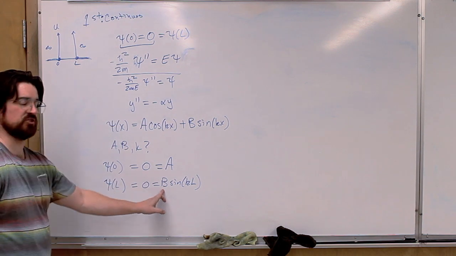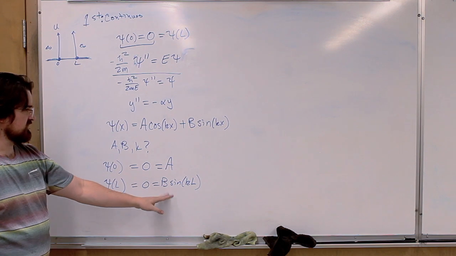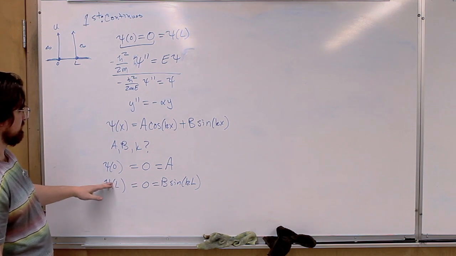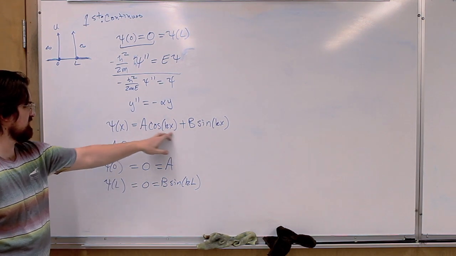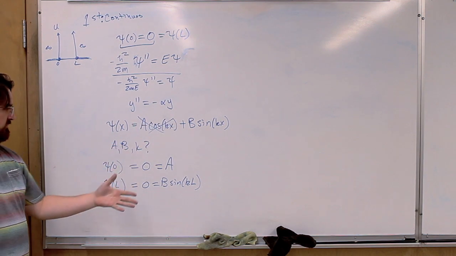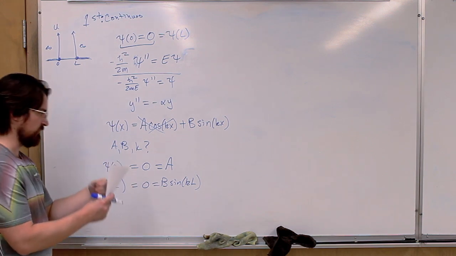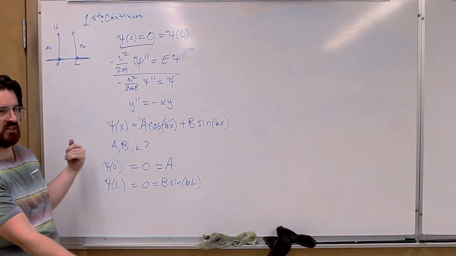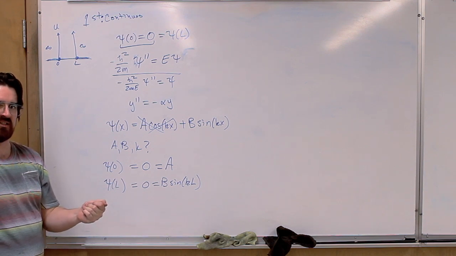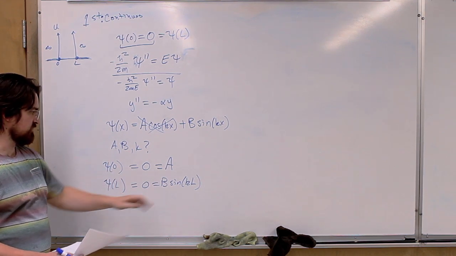Well, one solution is that B is 0, but that's not actually a good solution because that means psi is just 0 everywhere. If B is 0, we already said that A was 0, so the wave function is 0 everywhere, which is not good because the wave function should give us probabilities, and if we integrate over all of the space, we need to get 100% probability. You're never going to get 100% when psi is 0 everywhere. So B can't be 0,